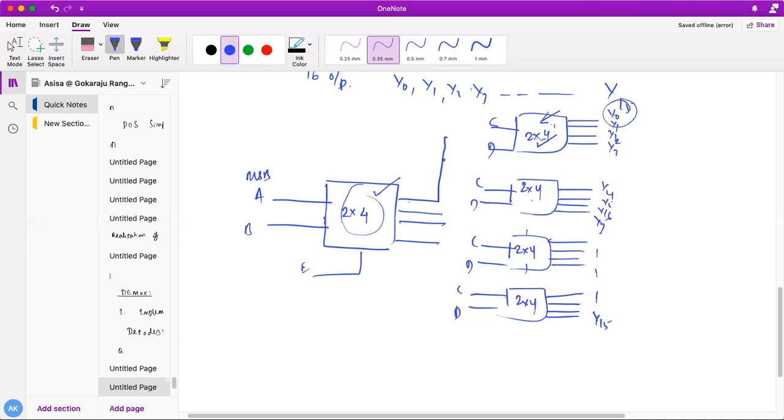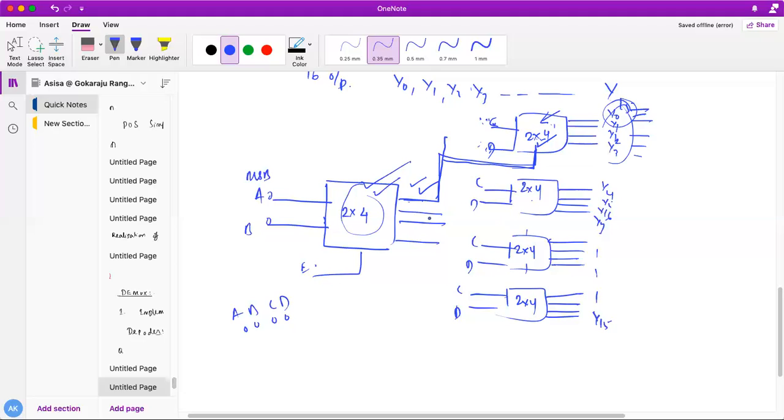Am I correct, friends? So for this, I'll connect this enable like this. If I put E equal to 1 here, if I put 0 0 here, then this will get activated, and depending upon the C and D inputs, if C and D are also 0 0, I will get Y0. So if A, B, C, D are all 0 0 0 0, first it will enable this, so that I'll get an output here, and this will be connected as an active high enable for it, and it will activate all these 4 outputs. So depending upon the C and D values, I'll get one of the outputs Y0, Y1, Y2, or Y3.